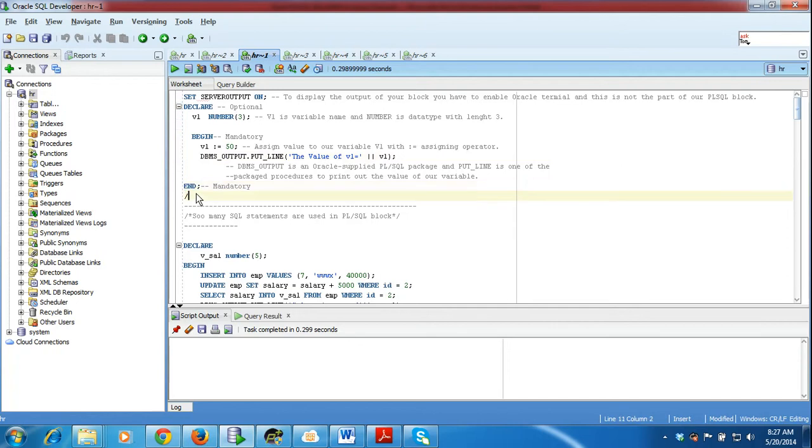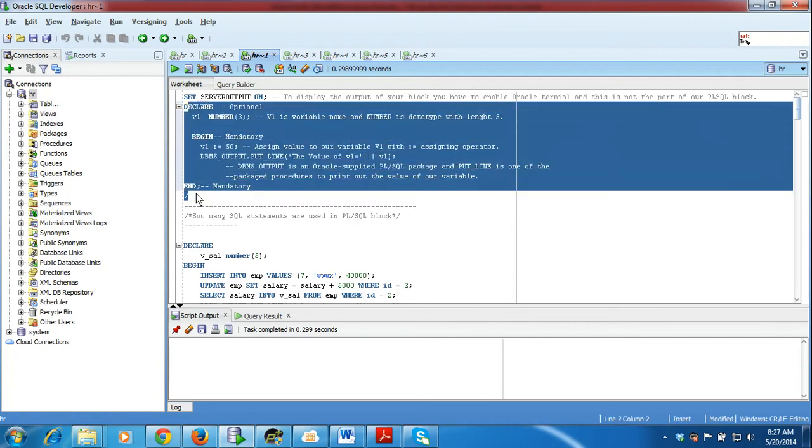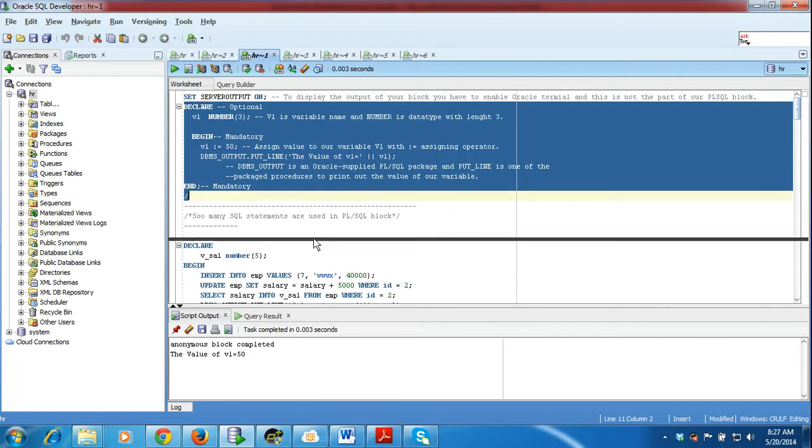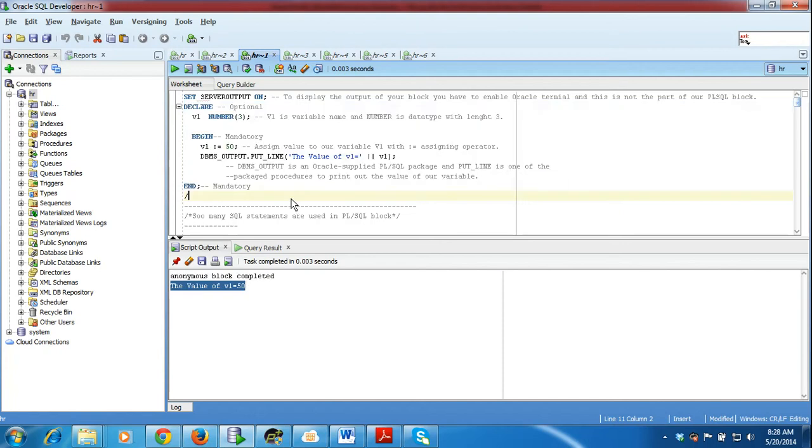Now this is the termination of our block, the backslash. Okay, now we will run our PL/SQL block. See the output: anonymous block completed, the value of v1 equal to 50. Okay, understand? Okay,